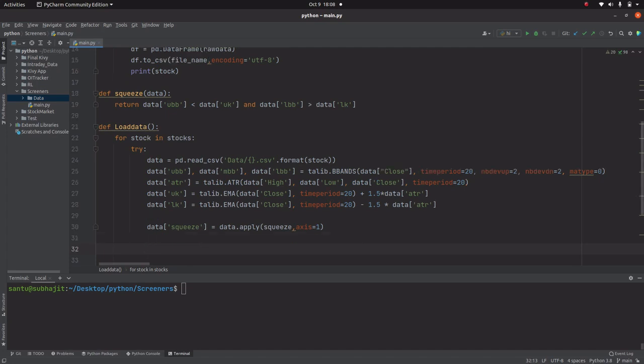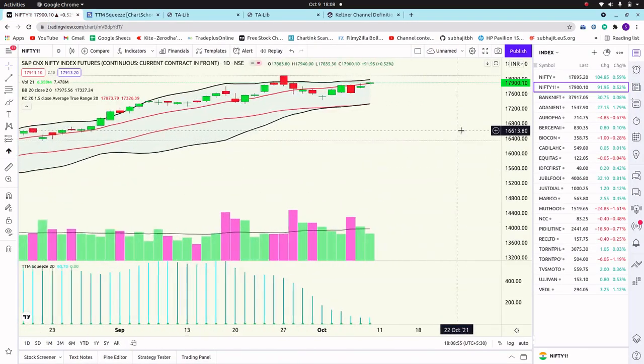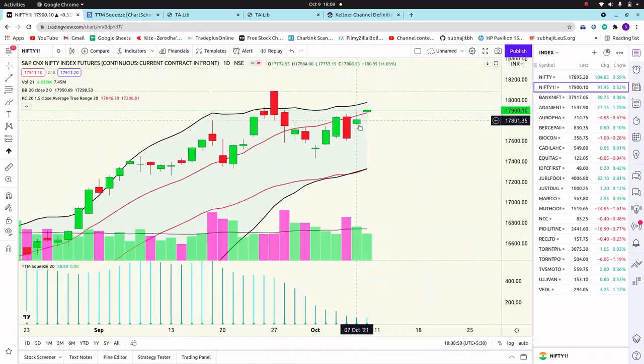So now we will check whether the stock is in squeeze. So we will check the last entry, last element, that means the last candle, I mean the previous day's candle. Today is a holiday, so we will look at the previous day's candle whether it is in squeeze or not.